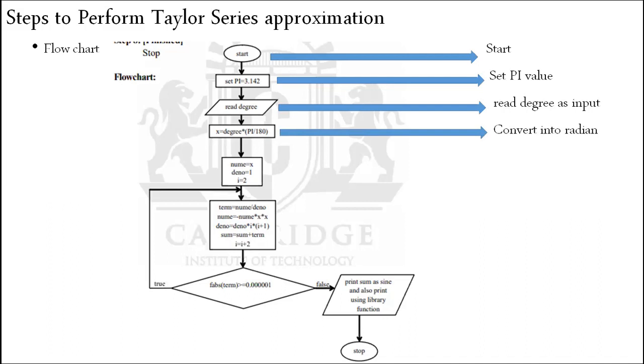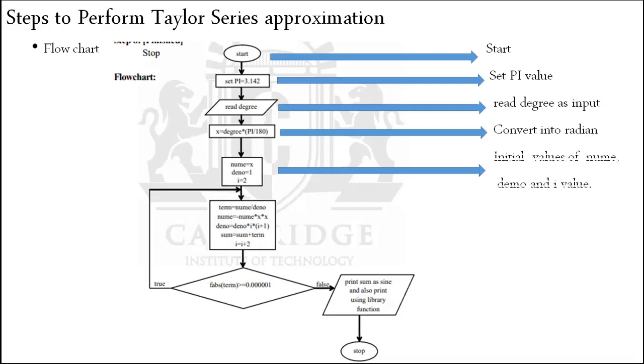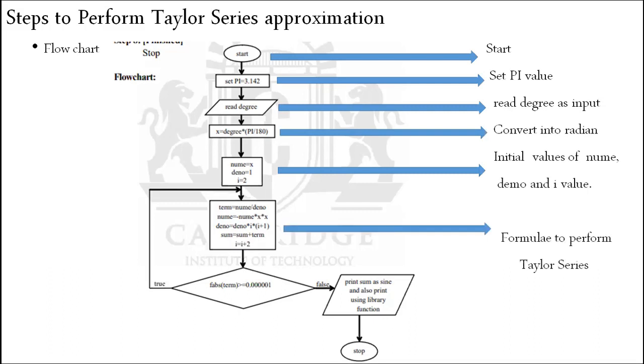So next, the initial values are the prerequisites to carry on my program. I want to declare the numerator, the denominator, and i. Why is the numerator required? My formula consists of a numerator and a denominator. The numerator is the upper part, and the denominator is the lower part. And what is i? i stands for the exponent level, where x to the power of 1, x to the power of 2. That exponent number I am taking as i. After that, it goes with the formula to perform Taylor series, which we'll see in my program.